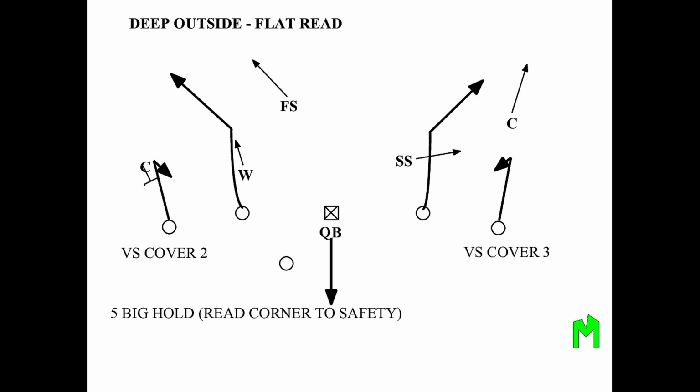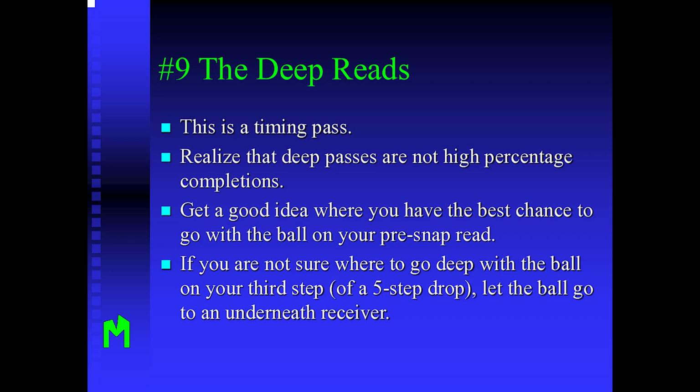timing and defensive reactions. Deep passes are timing plays, and it's important to realize they're not high-percentage completions. The quarterback needs a solid pre-snap read to identify the best deep option. If by the 3rd step of a 5-step drop the deep read isn't clear, the quarterback should progress to an underneath receiver. This approach balances risk and reward, encouraging patience and smart decision-making to avoid forcing deep throws when coverage